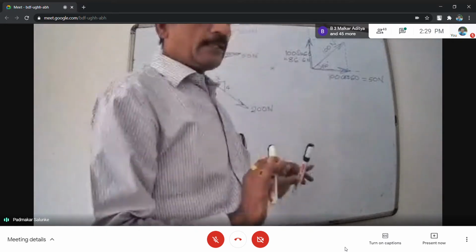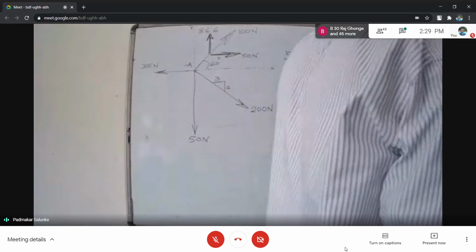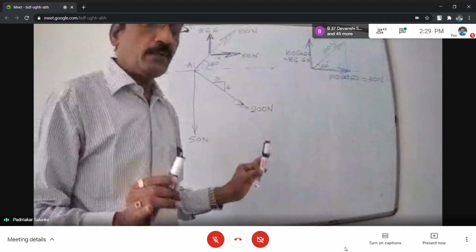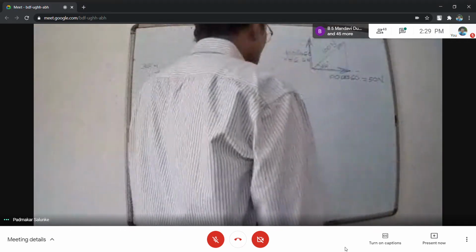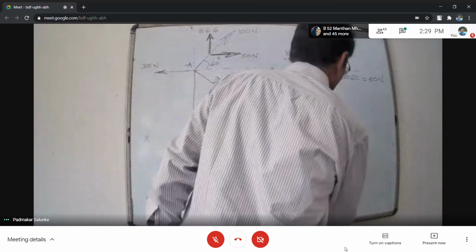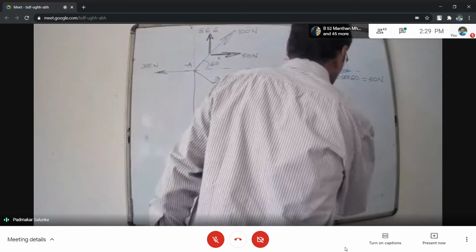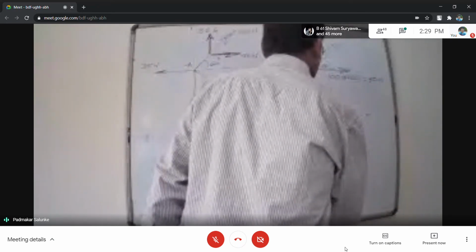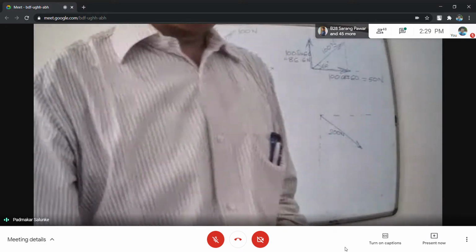The entire 200 Newton also I will explain, but from the next problem onwards, don't go for such basics. Directly on its line of action, you have to mark its x as well as y component. So look here. This 200 Newton force, passing through the origin or tail point, mark x as well as y axis so that very easily you can find the projected length.